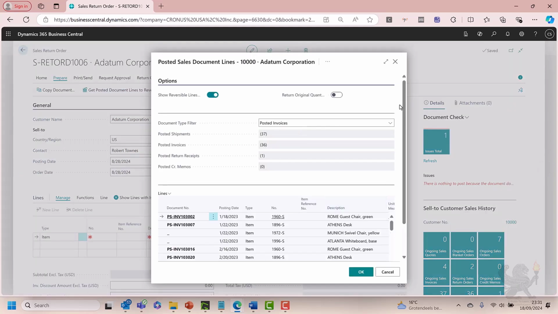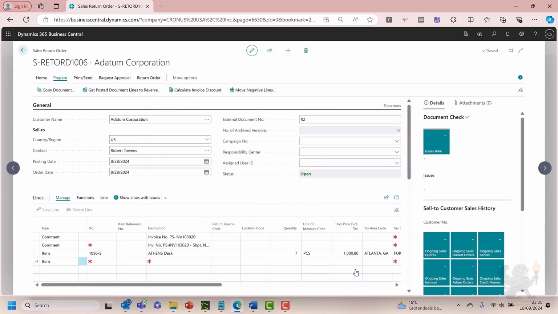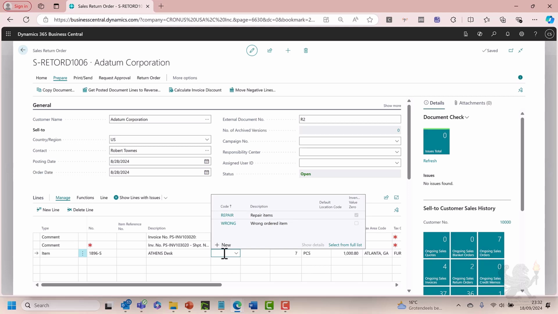In this case, it was the attendance desk that the customer has received but was damaged. So we will be resending it to the vendor as well, since we will not be able to repair it ourselves. So the lines are filled in automatically again, and we will fill in a new return reason code as well. In this case, we will be choosing another reason code,